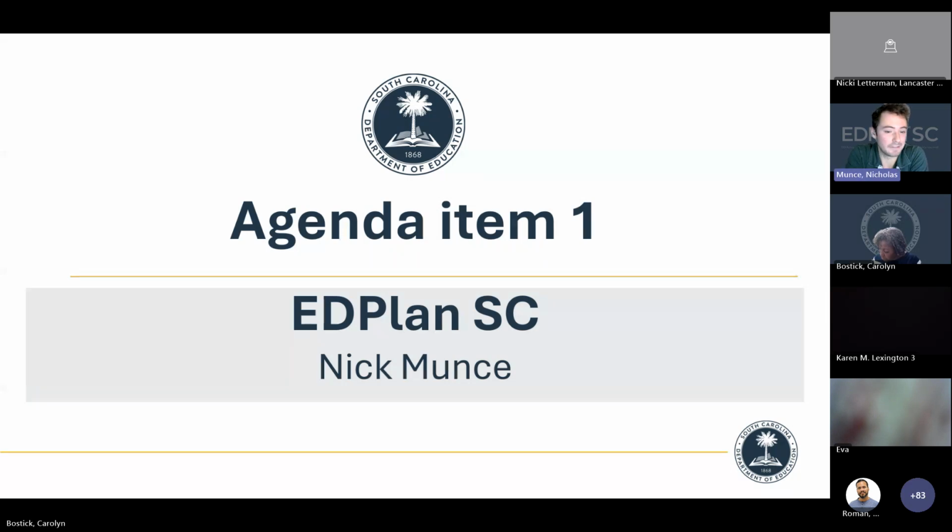All right, if both are incorrect, so if the student is inactive in your LEA in EdPlan SC, they're in the inactive student section, but the exit date is incorrect and the exit reason is incorrect, you will use both of those strategies. You'll go to student history to change the date to be the correct date, and then you'll go to the modified exit reason menu to change the exit reason to the correct exit reason. So if the date is wrong, change it in student history. If the reason is wrong, change it in the modified exit reason page.